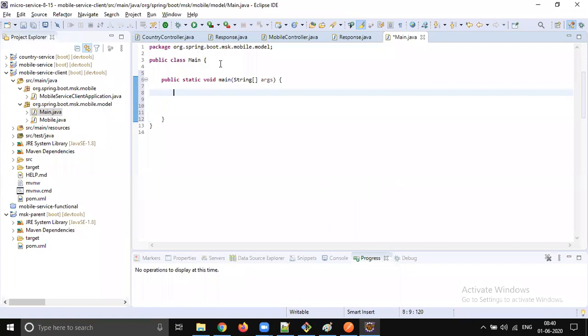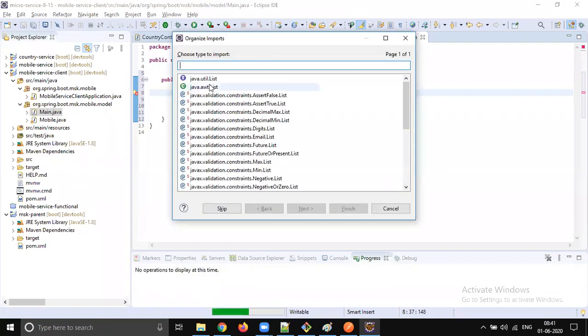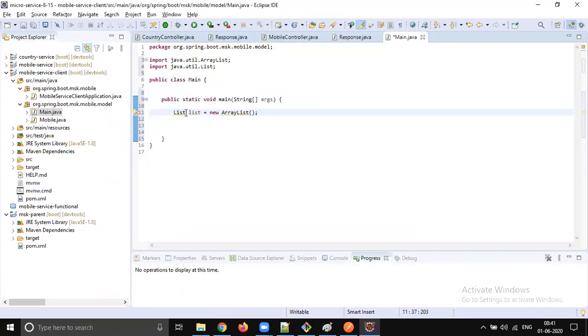Before JDK 1.5, collections were like this, not generic, so they can hold any type of data. When you create a collection like this, there is a warning shown because we are using a JDK 1.5 or higher version. But before JDK 1.5, there was no warning like this.